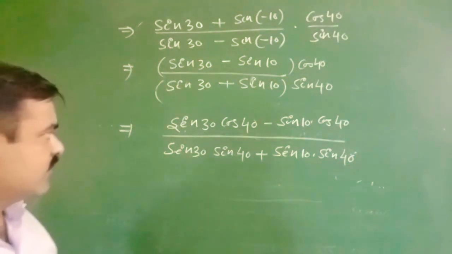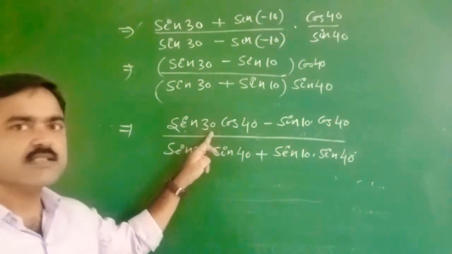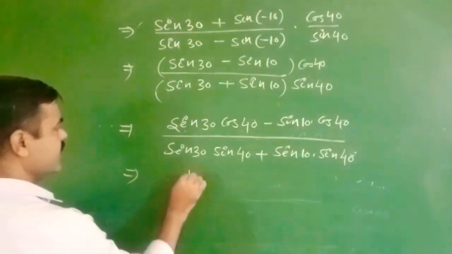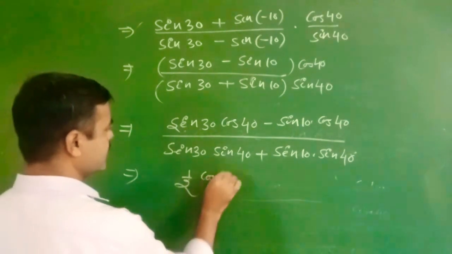Now here you know only the value of sin 30, because sin 30 is 1 by 2. So put the value here. You will get 1 by 2 cos 40